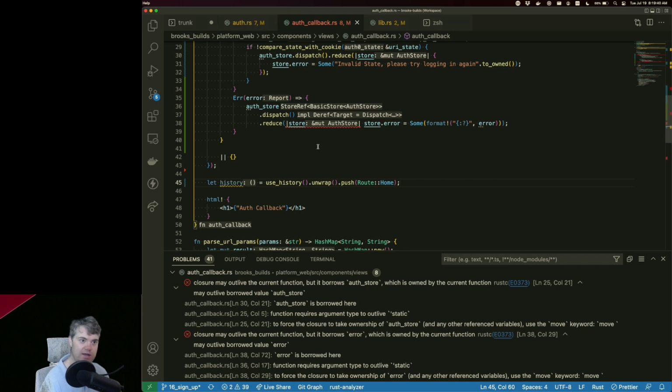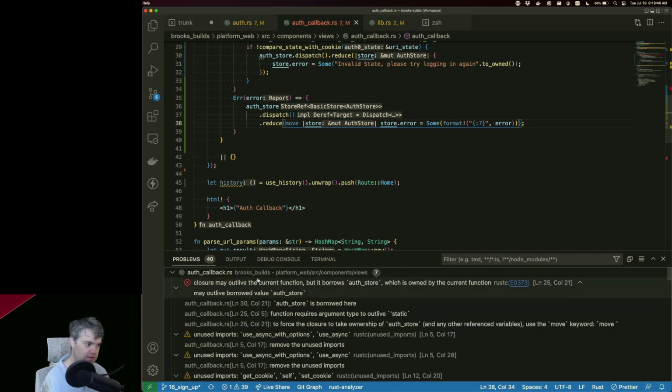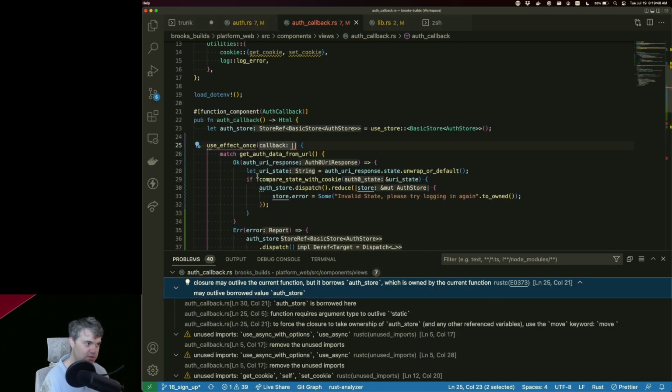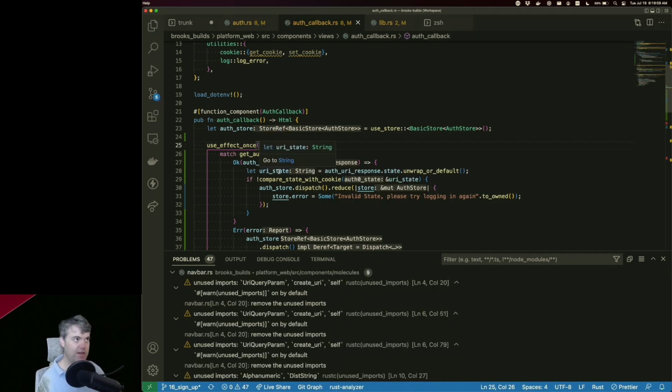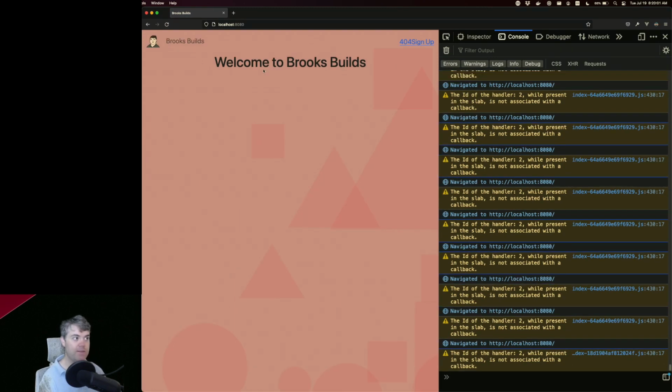Okay. Oh, I do need to use a move in here for the error. Closure may outlive the current function, but it borrows auth store. Right, okay, so that means you need a move here. All right, no errors. Here we go.